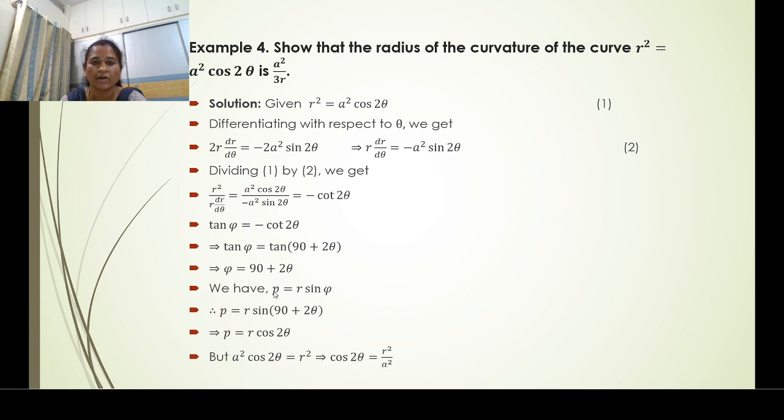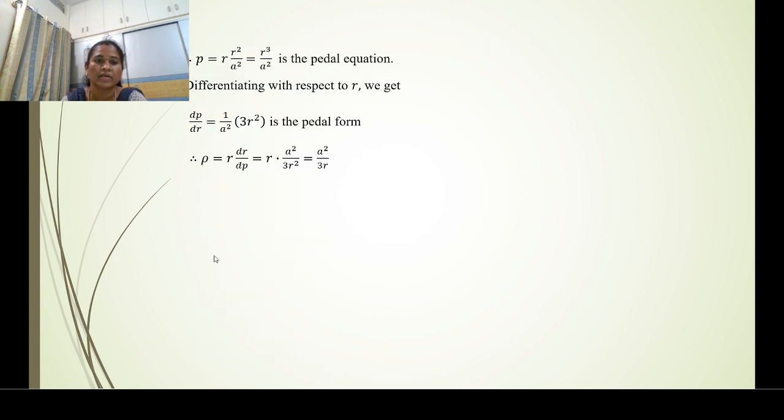So we have the formula, p, rho is equal to r sin psi. What is psi here? 90 plus 2 theta. Then rho is equal to r sin of 90 plus 2 theta, which becomes cos 2 theta. In the next quadrant, sin changes to its co-ratio, cos 2 theta. But in the given equation, a square cos 2 theta is equal to r square. This is from equation 1. A square cos 2 theta is equal to r square, so cos 2 theta is r square by a square. Then rho is equal to r into r square by a square, r cube by a square, is the required